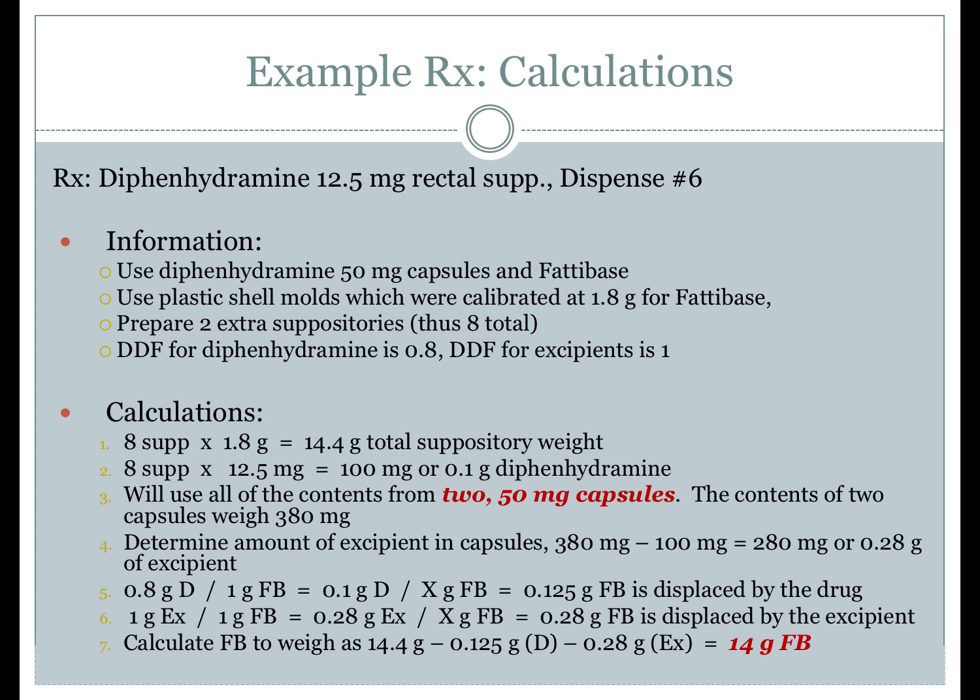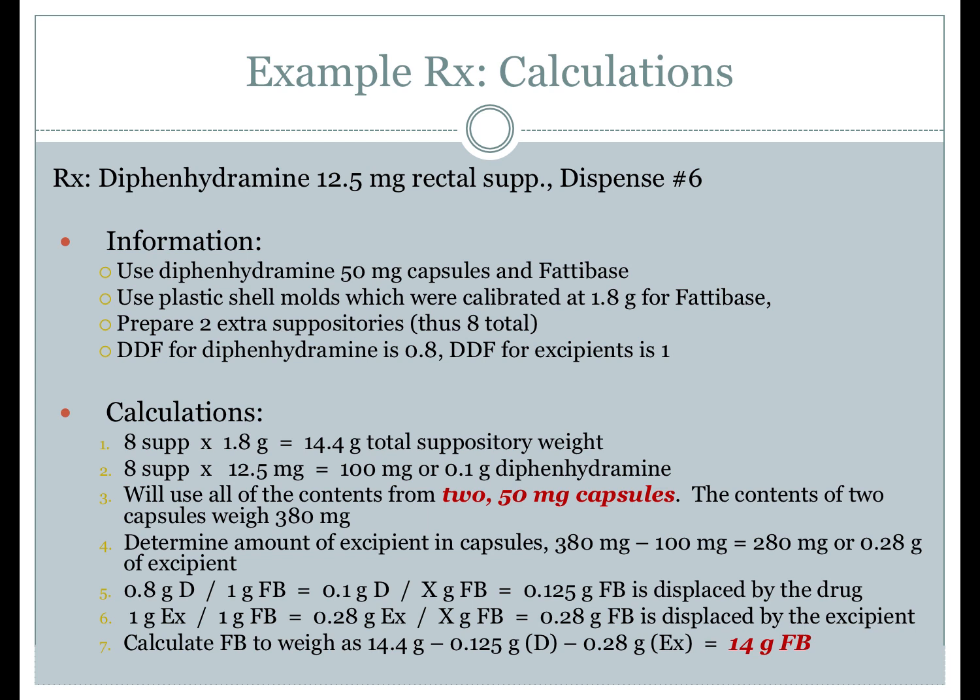We pull the 2 parts of the capsule shell apart and carefully remove all of the powder inside into a weighing boat for both capsules. We determine the weight of powder from both capsules to be 380 milligrams. Next, determine the amount of excipient in the capsule powder by taking the total weight of 380 milligrams and subtracting